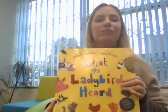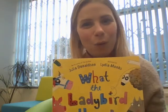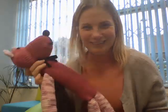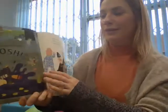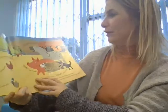Now then, reception. So what we want you to do now is think about if you were the ladybird, what plan might you have come up with? So Bertie's got an idea that he's going to tell me about. That's such a good idea. So Bertie, instead of splashing in the pond, although he really likes that idea, what Bertie would have done if he was the ladybird is got them to go into, let me find it on our map,